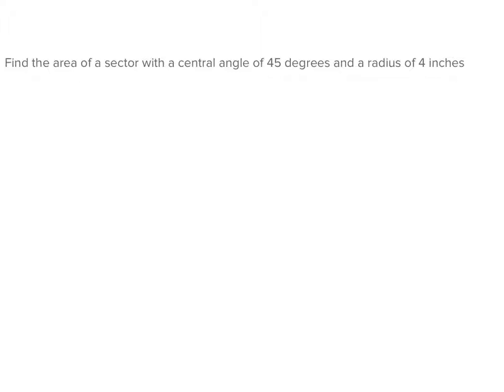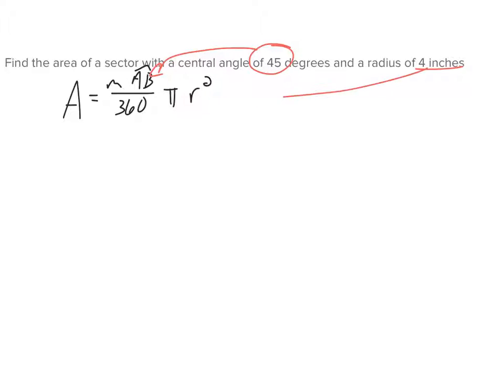We don't always need to be given a picture either. We can be given this information right here. Find the area of a sector with a central angle of 45 degrees and a radius of 4 inches. So again, we have our formula, which we need to know: measure of AB over 360 times pi r squared. Our central angle of 45, that's going to go in on the top of our fraction. 4 inches is going to go in for r, so it's going to be 45 over 360 times 3.14 times